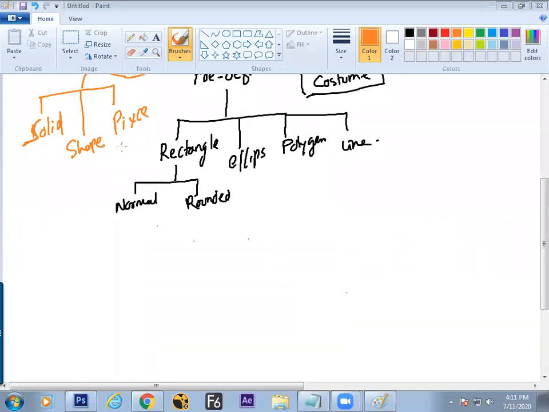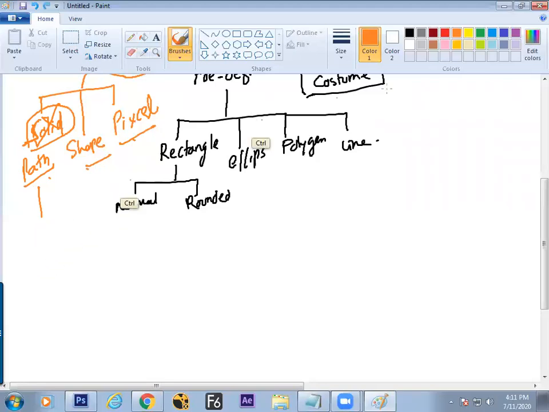Fine then. So pixel one, shape one, and instead of solid, it is written as path. So cross it off: path, shape, and pixel. So what is this and what is the difference? Path is only the line art, or only the outer line.